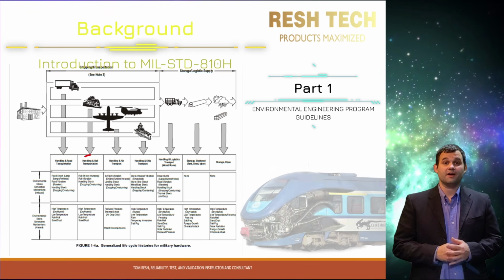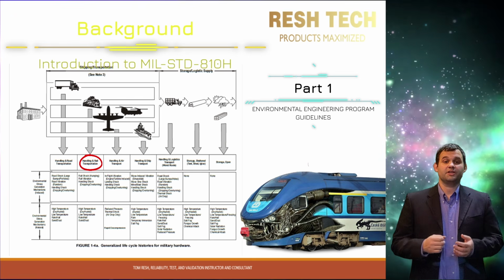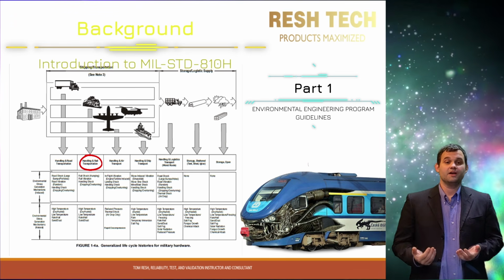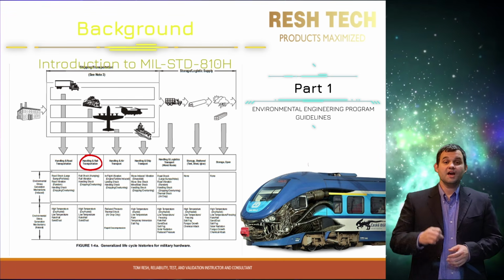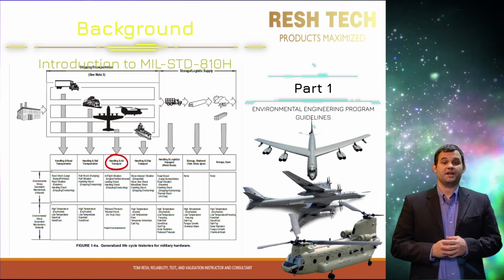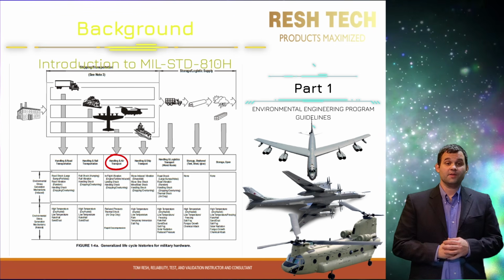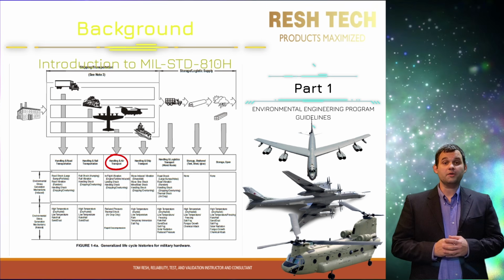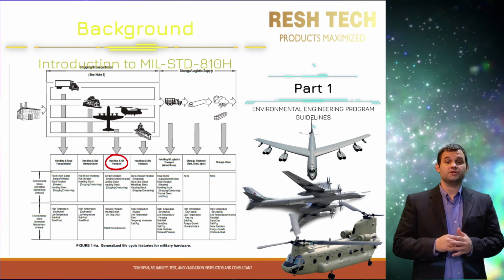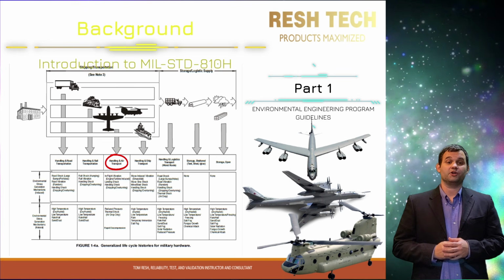The next column covers rail transport. Similar tests, but the load cases would differ from what you would see from shock and vibe on a locomotive compared to road vehicles. The next column covers air shipment, which could be a propeller or jet aircraft or even a helicopter. Not only would the mechanical load cases differ between air shipments and the two forms of ground shipments that we just discussed, but the load cases would also differ depending on the type of aircraft